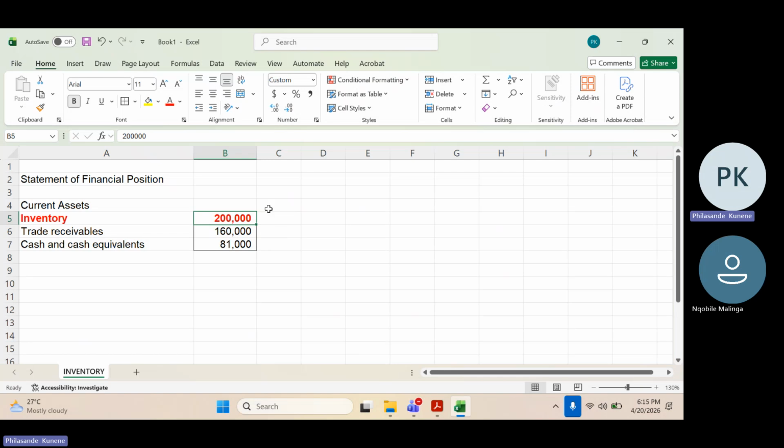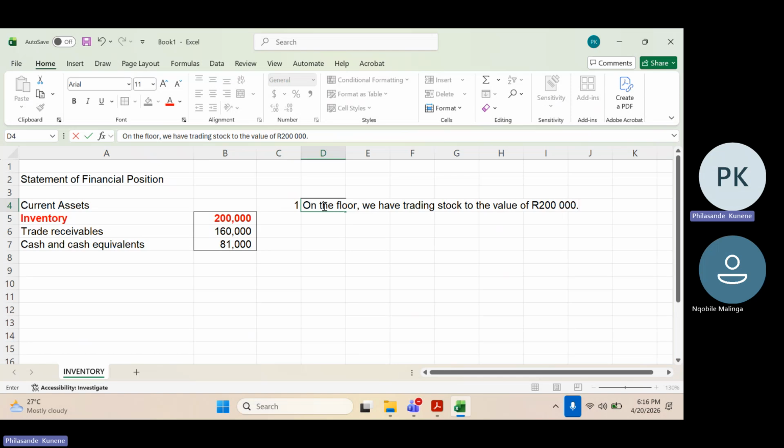Number one, what does this inventory say? What does this 200,000 say? It says that on the floor, we have trading stock to the value of 200,000 rands, which means now in your balance sheet, if you record 200,000 as trading stock,